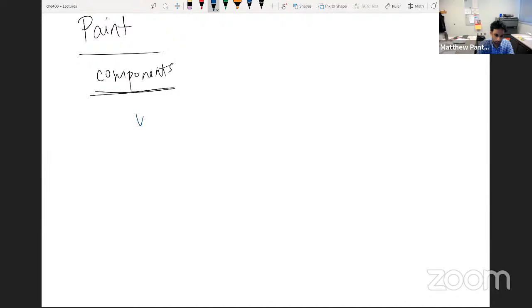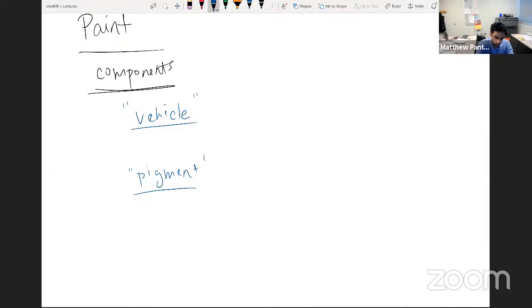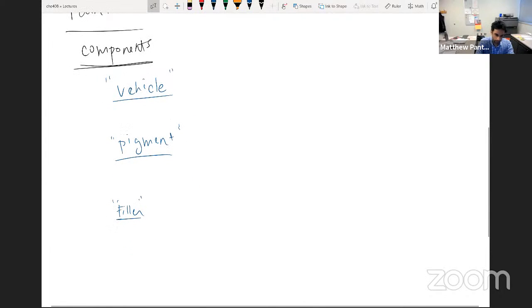So we'll have something, and I'm going to use the industrial terminology here, called a vehicle, a pigment, which you can probably imagine what that is, filler, and the last thing we'll mention are generally additives, which again should be somewhat self-explanatory, but let's talk about these